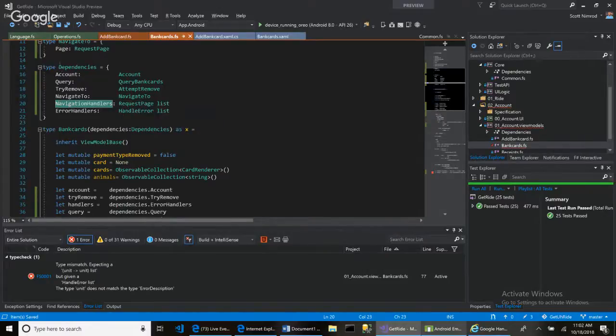The navigation handlers will take that request and basically iterate through its subscribers for whoever can handle that request. Something tells me that this navigation handler should just be abstract and it shouldn't be of type request page. Like something tells me I should just have handlers on here, like this,